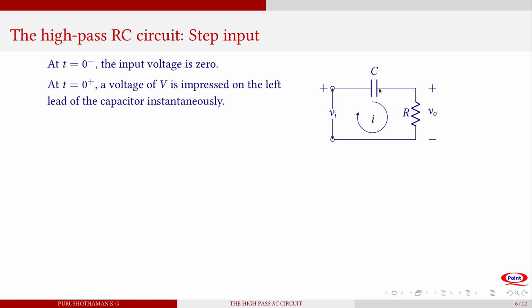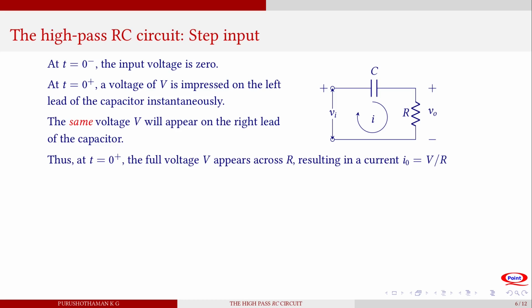Now by the property of the capacitance, which states that the voltage across the capacitor cannot instantaneously change, this same voltage V should appear on the right plate of the capacitance, so that there is no voltage drop across the capacitance for this change. That means the applied voltage V is now fully dropping across the resistance R, which drives a current